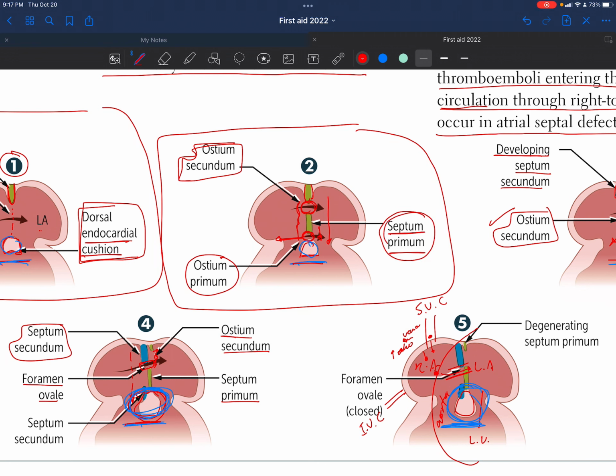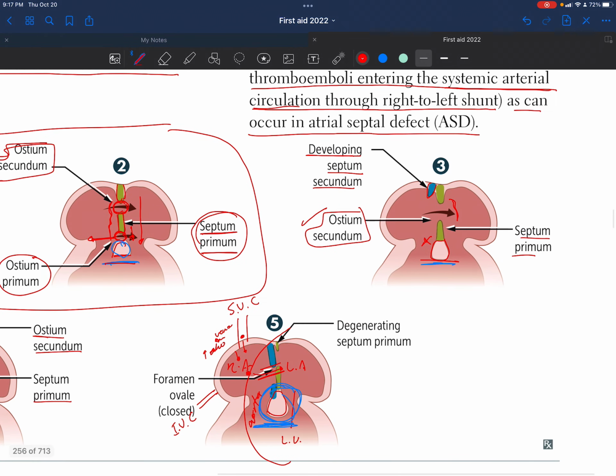This is the septum primum. It's a septum that goes from the upper side into the endocardial cushion to create the interatrial septum, and it does have some holes that should be closed by time. But when the baby develops,